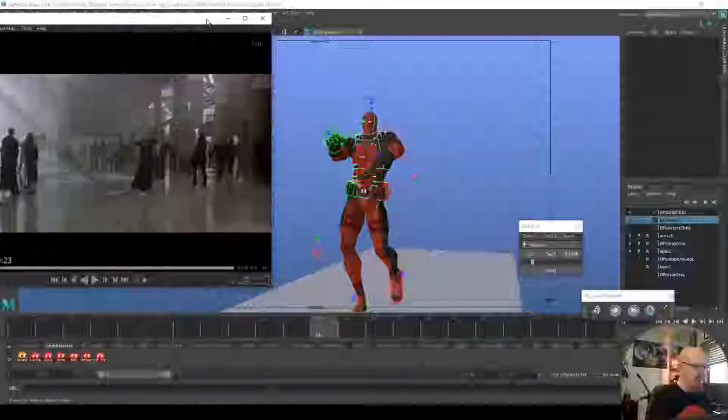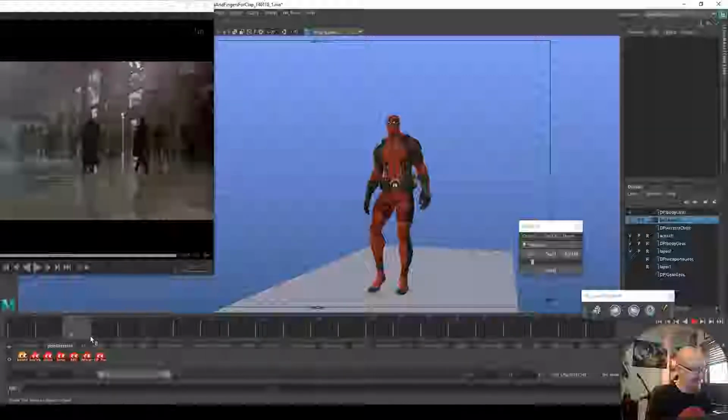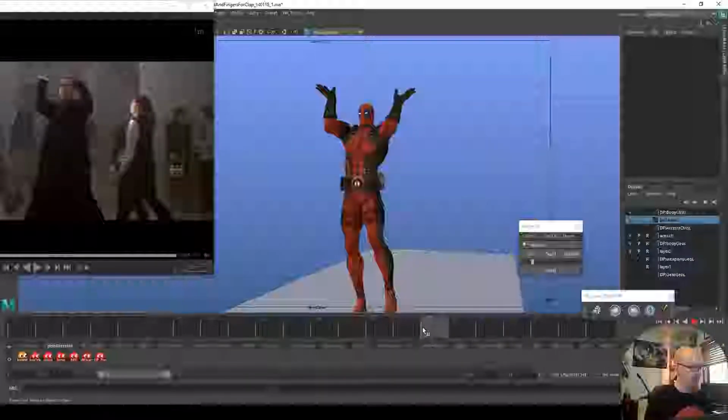I've gone back to the reference here just for a little bit, just to check out one particular action: the arms as they come in for this clap that he does earlier on. I'm looking at some of the spacing and some of the nice drag that he has in his arms. It's a little bit tricky because we're actually doing a camera cut,